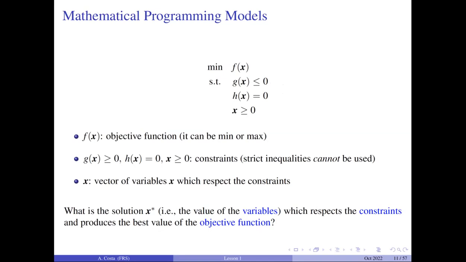Okay? If you have any question, just put in the chat, I can answer. But this is basically the main idea. Again, the mathematical notation, if it's the first time you see it, may be confusing, but the main concept is not so hard. Constraints define the set of possible choices, the values of the variables that we can choose, and out of all the possible valid choices, we want the one minimizing, in this case, the function f.